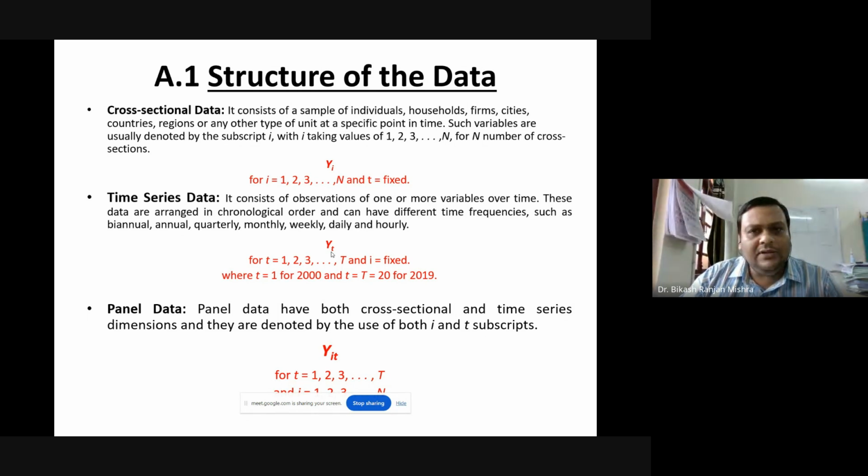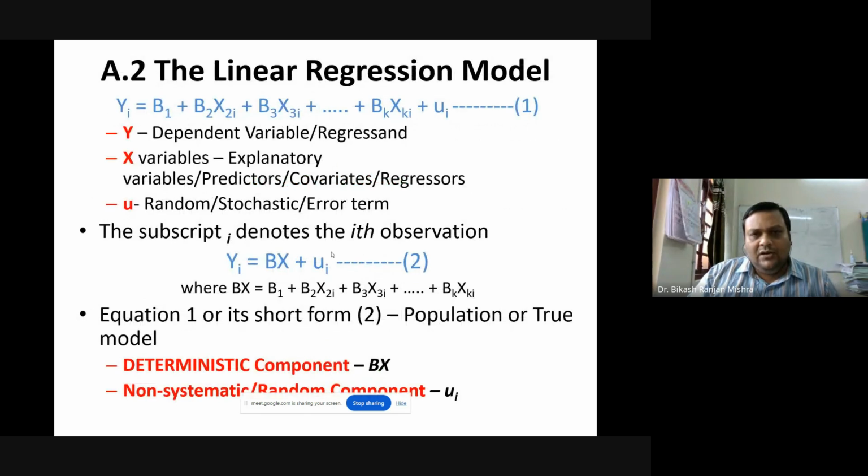And because the nature of today's presentation is a simpler one, I'm not going into panel data analysis for the time being. But anyway, today's lecture will be a balanced combination of cross-sectional and time series data, or cross-sectional econometrics and time series econometrics. So, coming to the second part of the philosophy or the anatomy of this model,